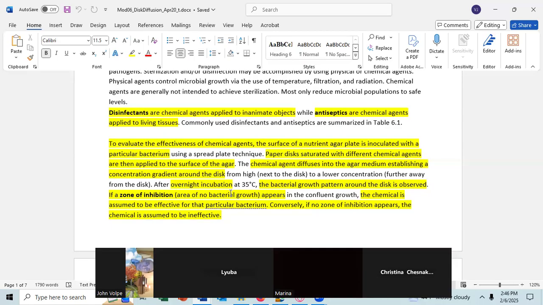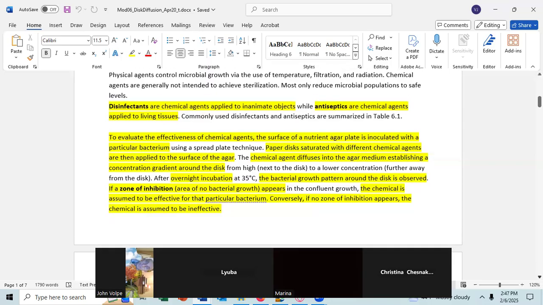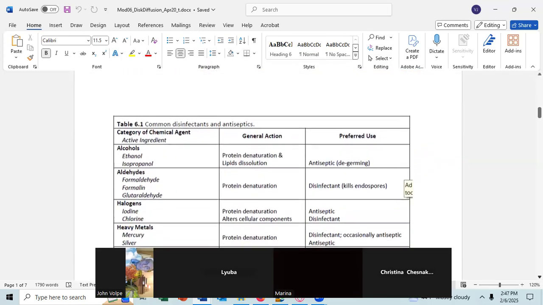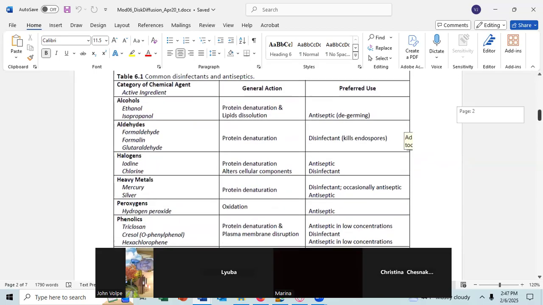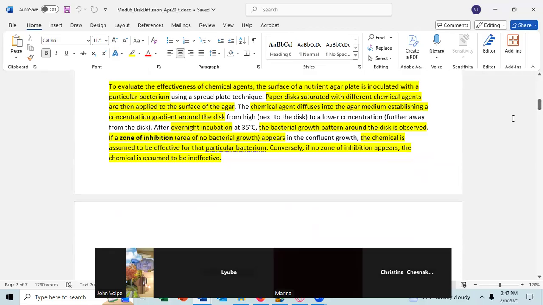If there is a zone of inhibition, an area around the disc having no bacterial growth, then the chemical agent is assumed to be effective for that particular bacterium. Conversely, if there's no zone of inhibition, the chemical is assumed to be ineffective. Any question about any of that? Now, that doesn't mean that the chemical is